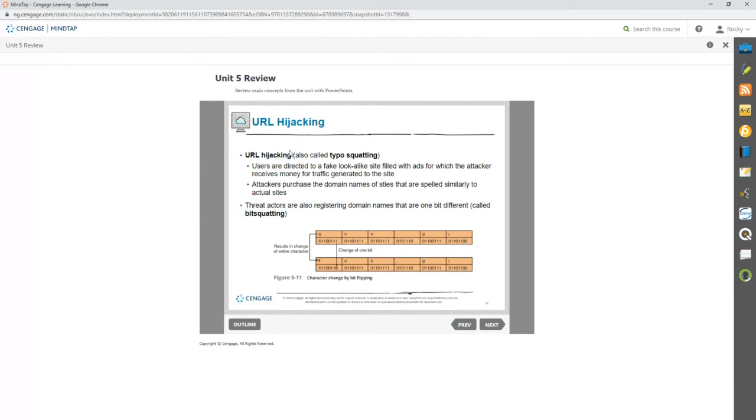URL hijacking is also called typo squatting. That's where the users are directed to a fake lookalike site filled with ads, where the attacker receives money from traffic generated to the site. The attackers purchase domain names of sites that are spelled similar to the actual sites. And there are also registered domain names that are one bit different. This is called bit squatting. As an example here, this is